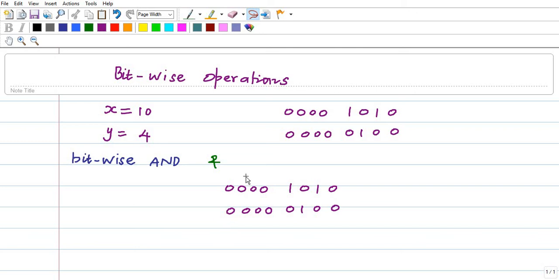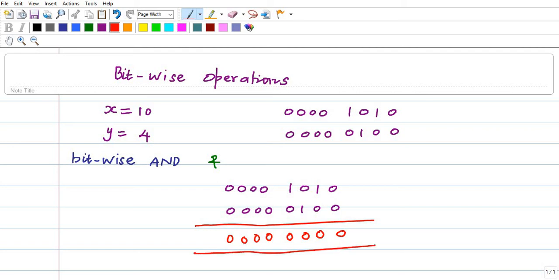We'll do the AND operation now. 0 and 0 is 0, 1 and 0 is 0. Only when both are 1 do we get 1. So all are 0, and the result is 0.